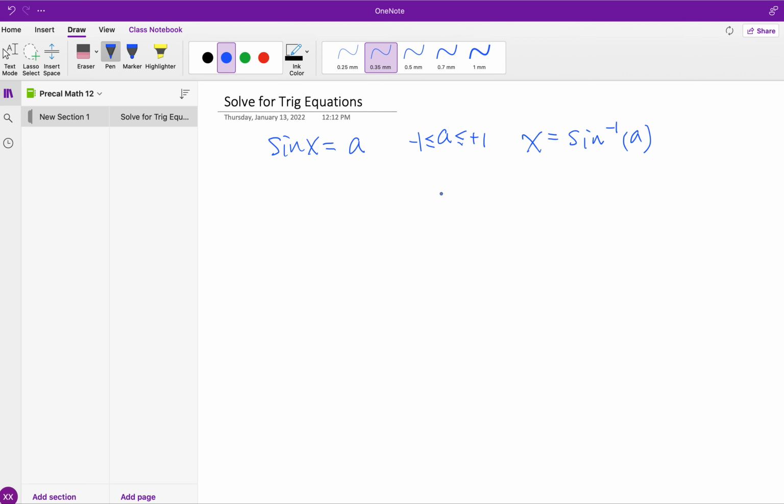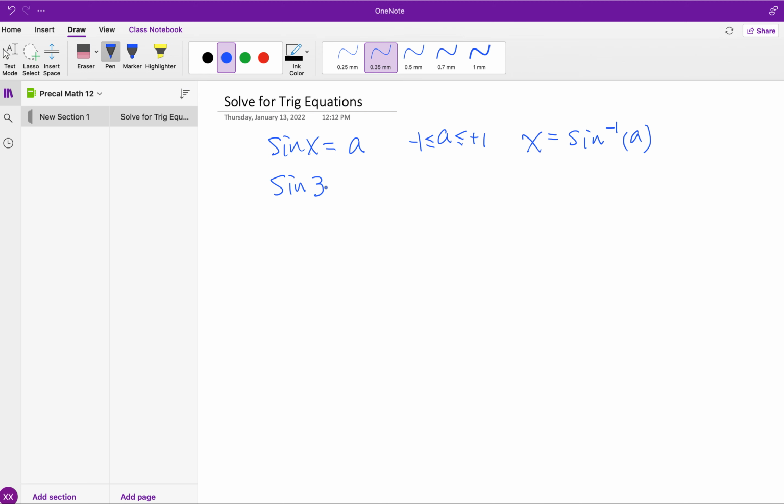We have already touched upon how to find the reference angle, treating a always as positive, and then using our knowledge about the sign of each trig value in different quadrants to understand how to find the x. Now in this video, we specifically deal with when this is not a sine x,